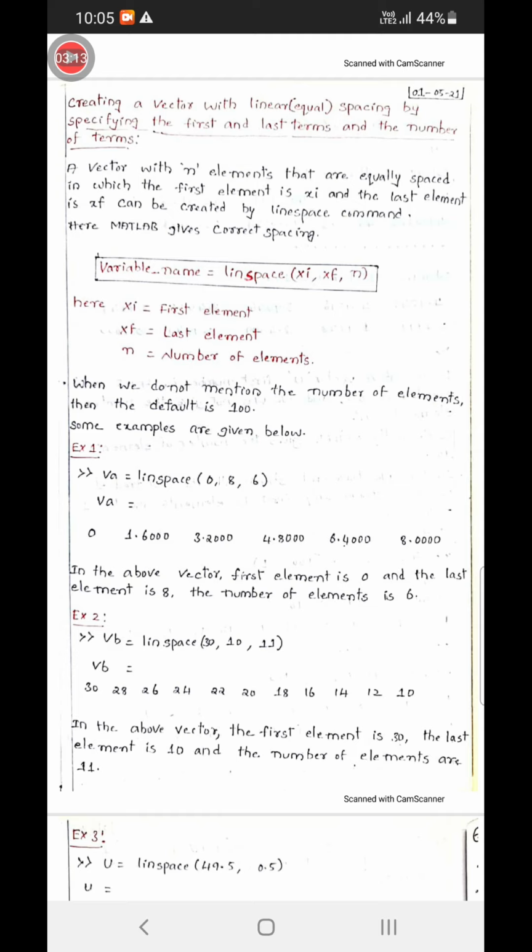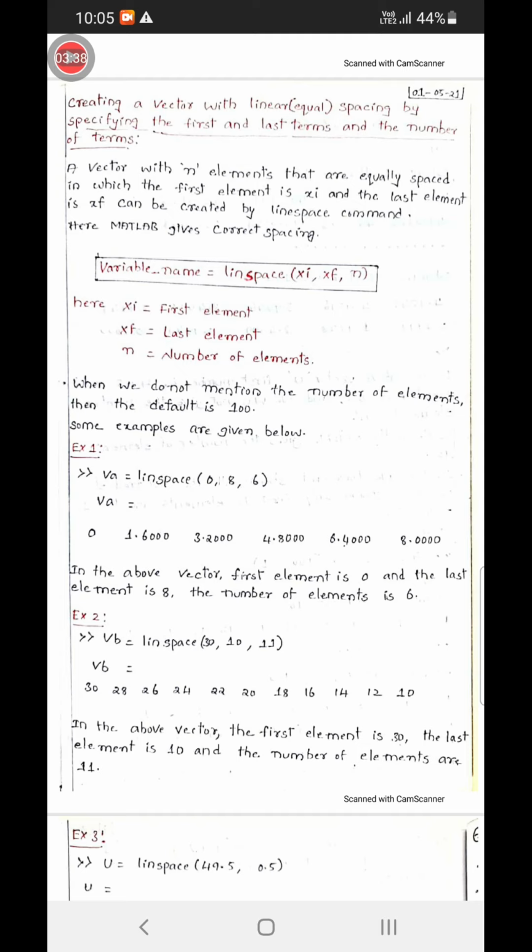So if we do not mention the number of elements, MATLAB takes the default number of elements as 100. For that also we'll see one example.